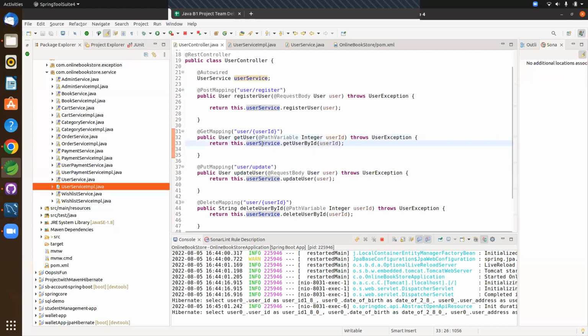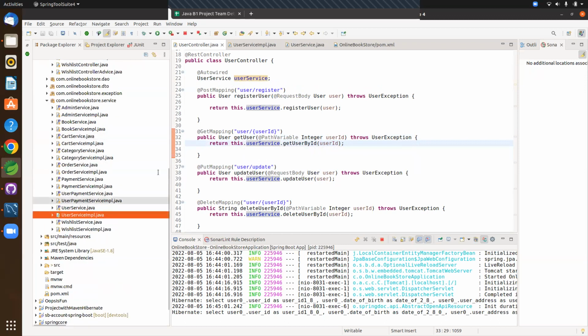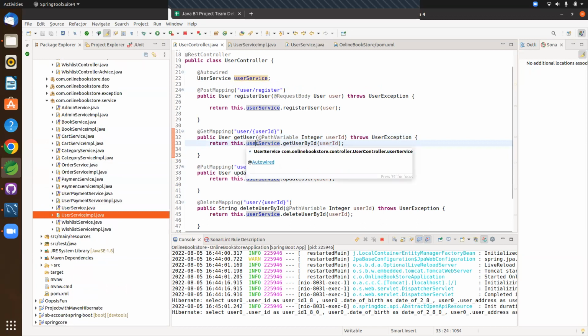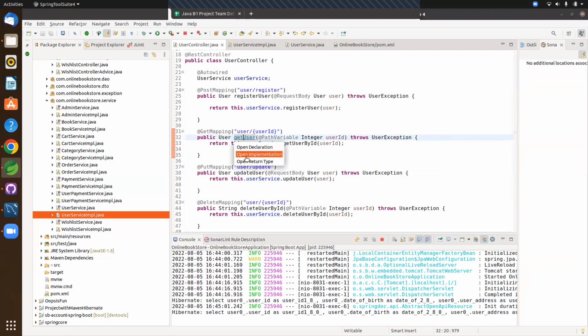Now it will go to the business layer, sir, which we have autowired here. We have injected the UserService here. And in the user service, you are calling one method, getUserById. Yes. Go to that method. You can press the control button. Come on top of the method, not there. Come on top of the method, getUserById.